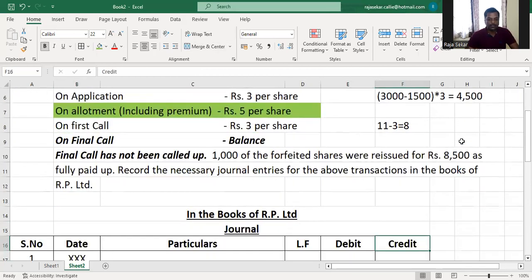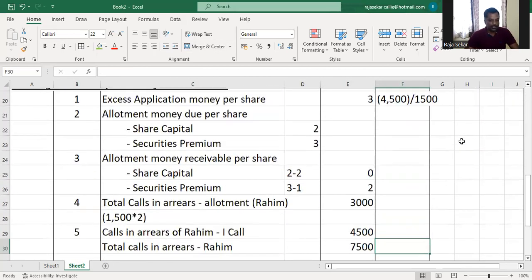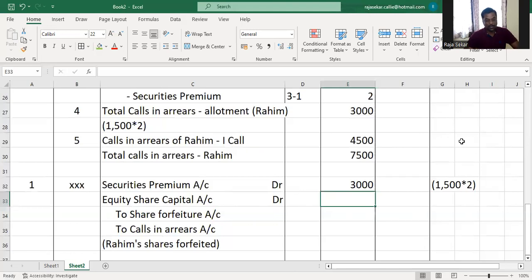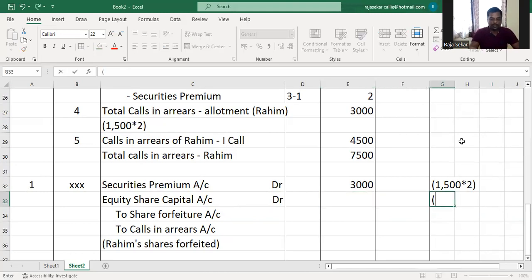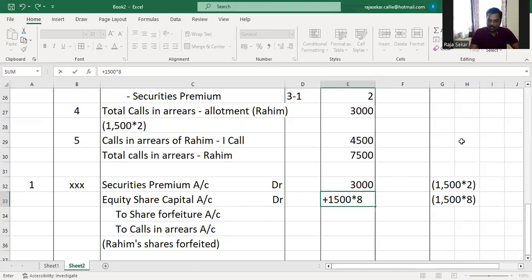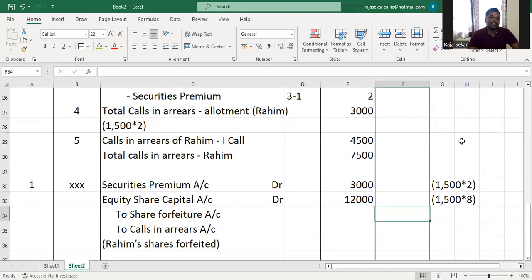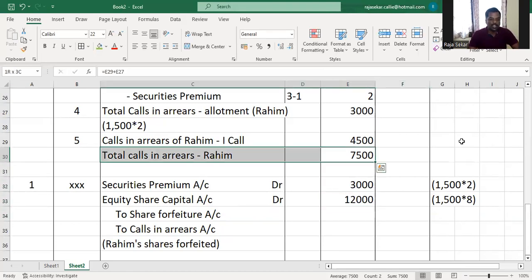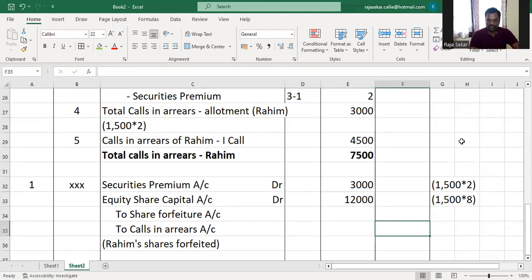Understood or not, my dear children? Totally 11 rupees was called up. Out of that, 3 rupees was called up as premium. So the amount called up as share capital is only 8 rupees. Equity share capital has to be debited with the amount called up as capital multiplied by the number of shares forfeited. That will be 1,500 into 8, which is 12,000. Now we've already computed the calls in arrears of Rahim to be 7,500 in the working note, right? So you fill that in, 7,500